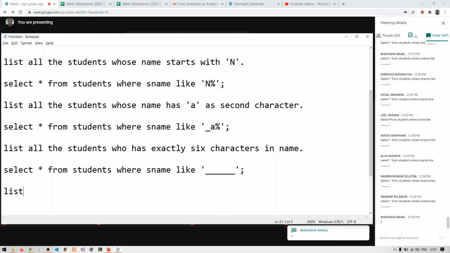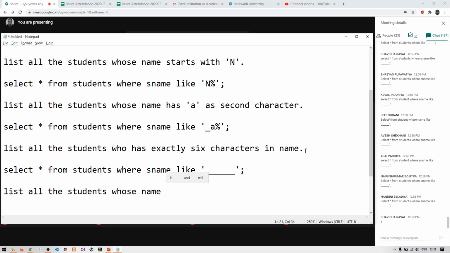Then give me the answer for this. List all the students whose name ends with D, has A as third character, with total characters 7.